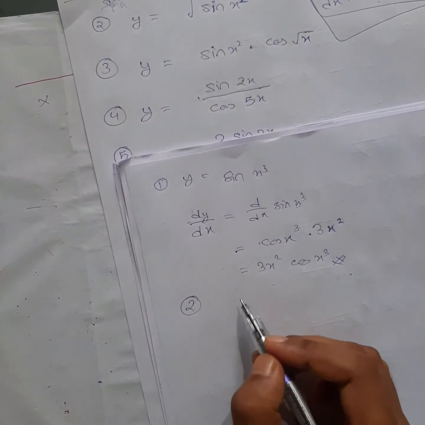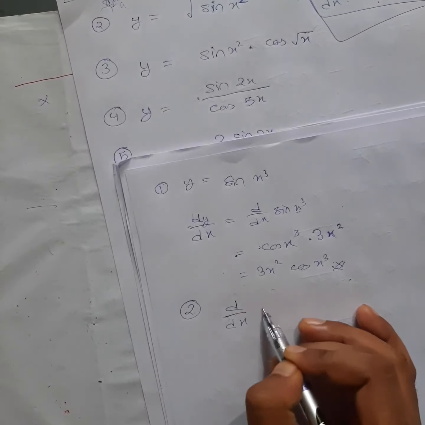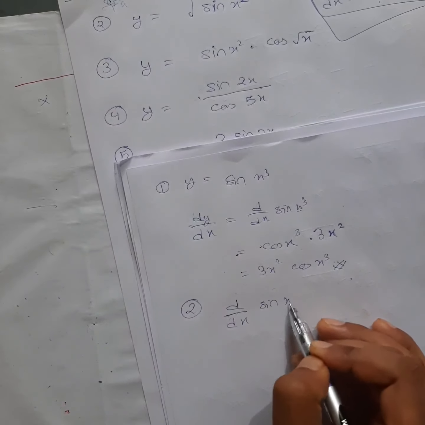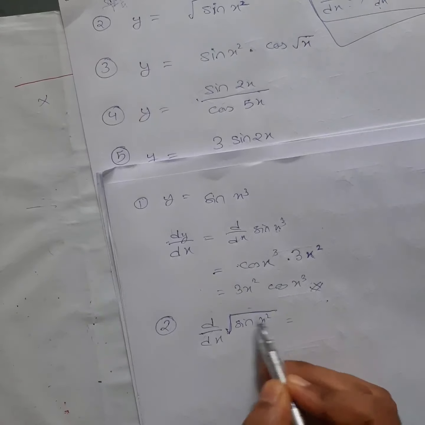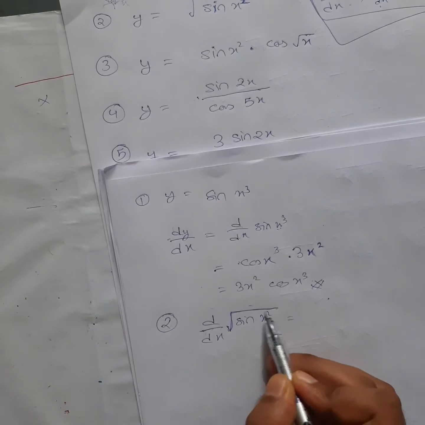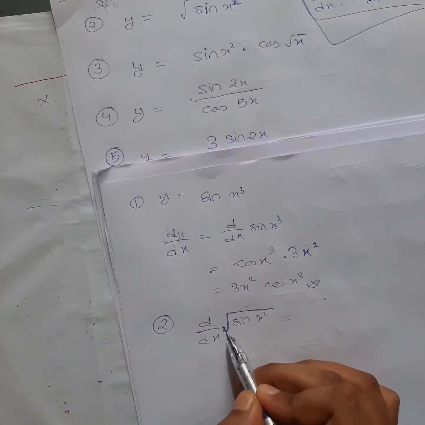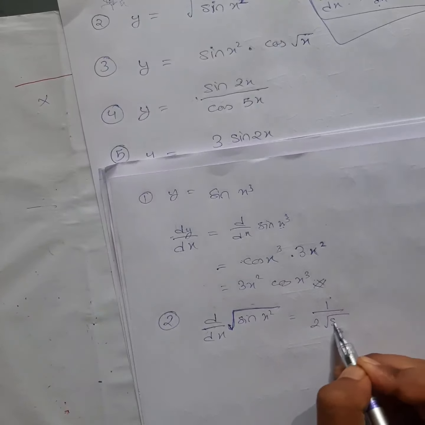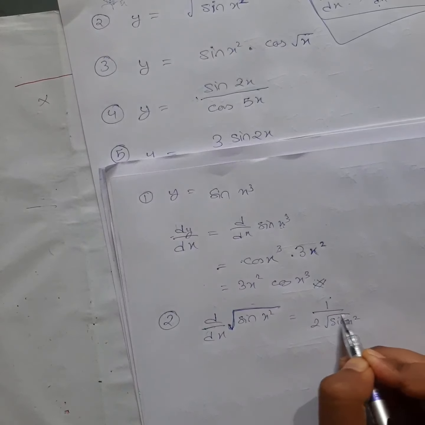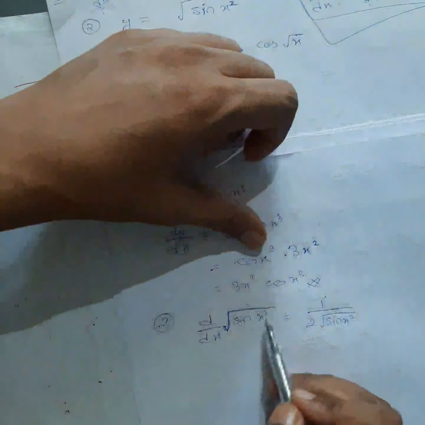Okay, number 2, d/dx of, I will write directly, square root of sine x square. So it is of the square root x form, right? In place of x, again a different thing is there, so you have to differentiate this again. So first I will do square root of x. What was the form? 1 by 2 root x it was, right? So in place of x, what do you have now? Sine x square. Since this is different, you have to differentiate this again.